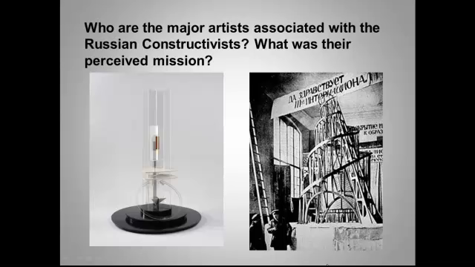The sculpture on the left is by Naum Gabo. The tower, a model for the never-built monument to the Third International, by the way, that's going to be another question later on, was designed by Vladimir Tatlin. Russian constructivists set out to express the ideals of the Russian Revolution, and they wanted to help construct or build that revolution. They were not standing aside from it at all. But Stalin hated them, and so the movement died out.